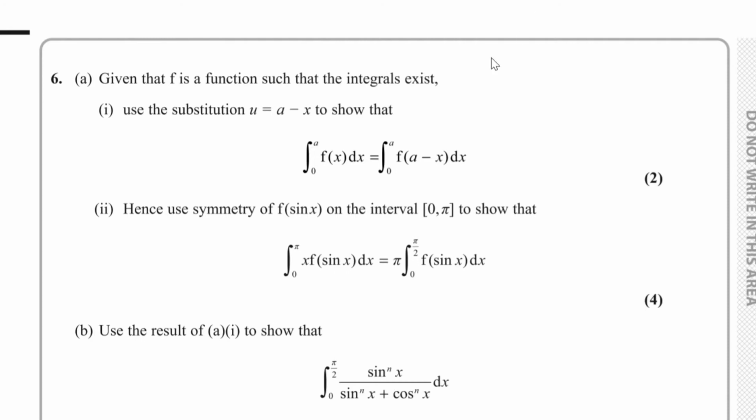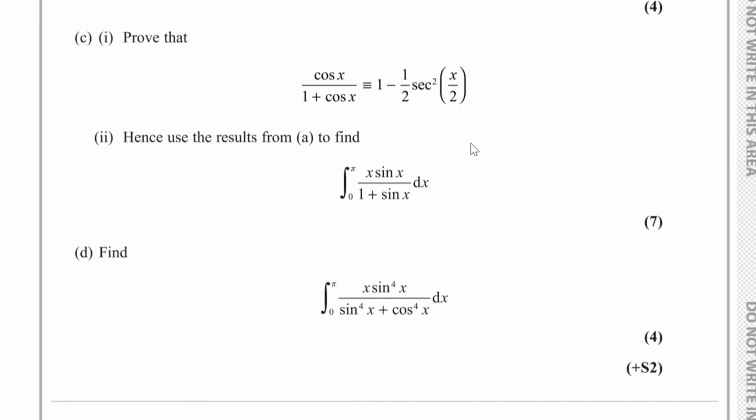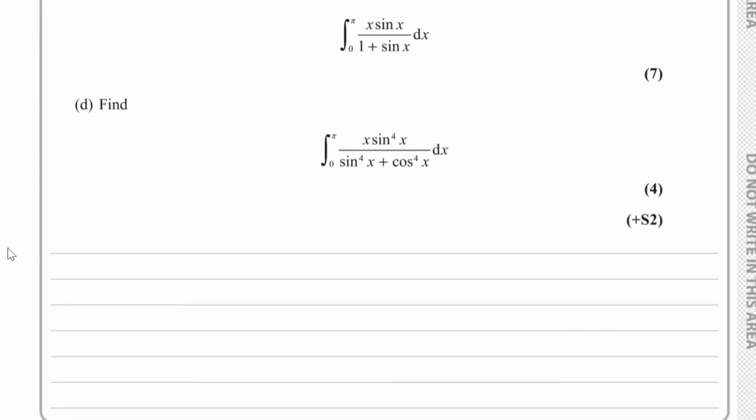Question number 6. For part A, given that f is a function such that the integrals exist, we have to use the substitution u equals a minus x to show that the integral from 0 to a of f of x with respect to x is equal to the integral of f of a minus x with respect to x between 0 and a. So for the first part of part A,